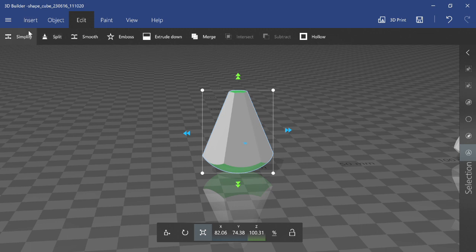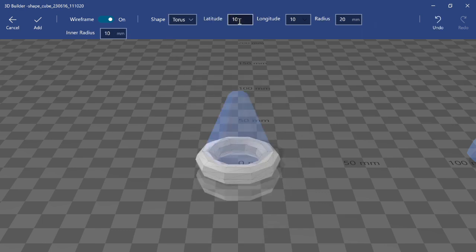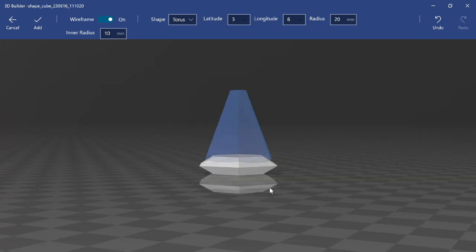Now, I think I do have an idea. Let's go back to custom shapes and pull out a shape we haven't worked with yet. The torus. Once again, 6 sides. And let's... how far can we go? The furthest we can go is 3 sides. Three sides. Very jagged, but